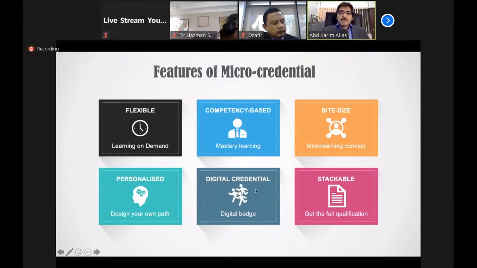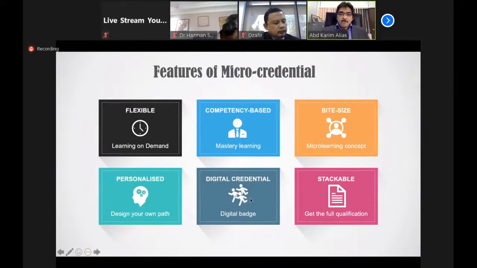And the concept of digital credentialing, instead of our mindset thinking about the paper-based qualification, now with the technology as an enabler, we are moving into digital credentialing in the form of digital badge, meaning that for any piece of learning, once you have shown your competency, even let's say after you have watched a 10 minutes video or 3 minutes video and you learn one particular skill, you can get a recognition from the authorized learning providers in the form of digital badge.